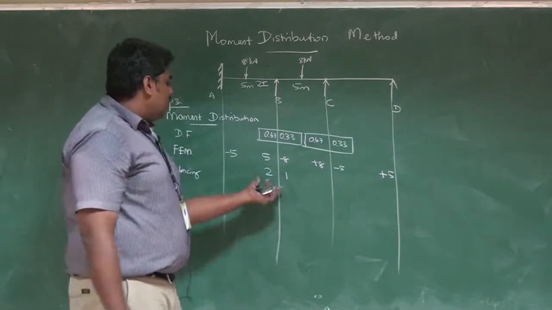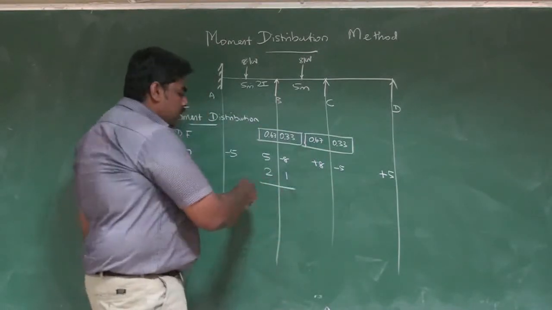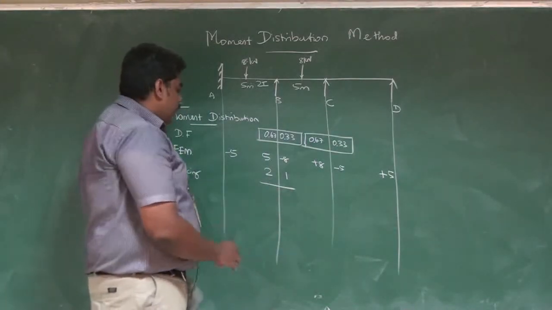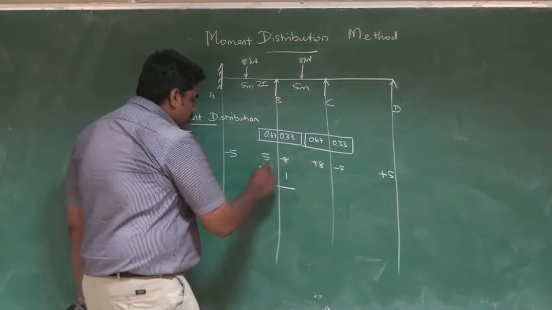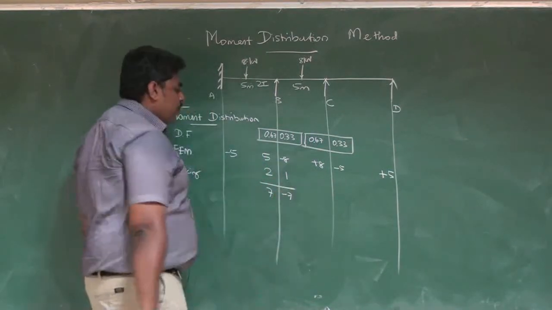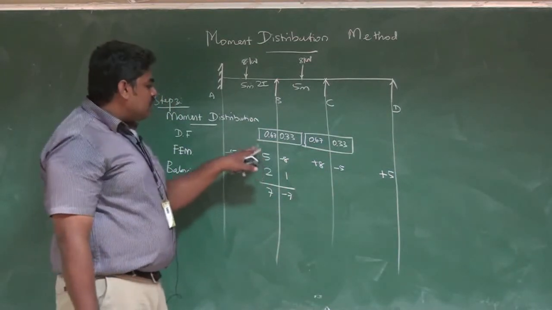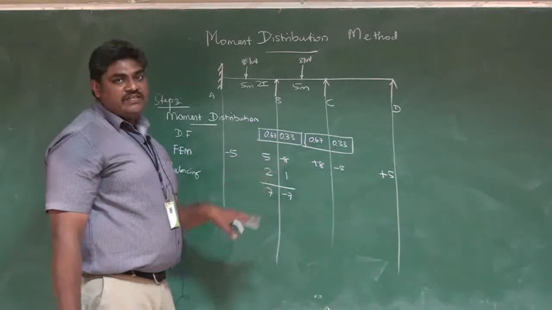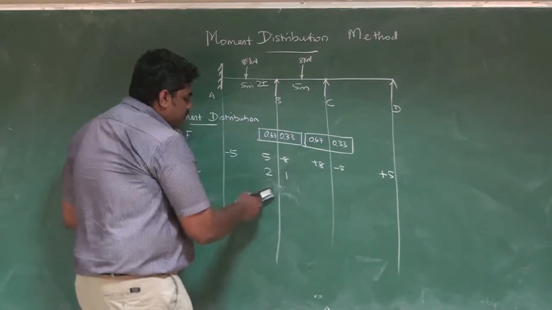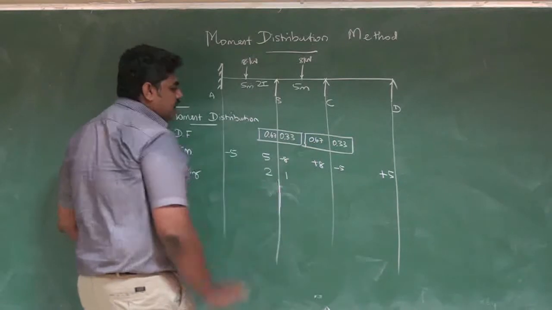Right? So if you look at adding these two values, the problem is not over, but I will tell you what balancing is. I have finished the balancing step here. What I have done is put a line. You add these two values, -8 and +1, now it is -7. Right? So this is balancing. I am balancing this particular unbalanced moment we have here, 5 and -8, right? So now using the distribution factor, I am distributing this moment with respect to their distribution factor on both the sides, right?